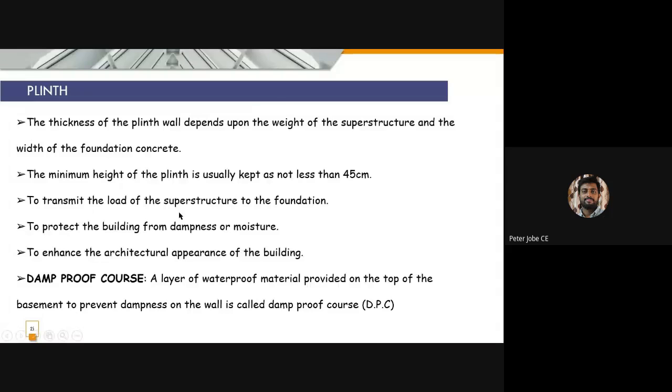The next point is to transmit the load of the superstructure to the foundation. Since it is between the foundation and our superstructure, it helps to transfer the load to the foundation. It protects the building from dampness or moisture. Earlier I said if flooding happens, this will prevent the penetration of water into our walls. Most of our walls will be constructed with brick masonry, and if dampness happens to that, the brick masonry might lose its strength, which will lead to the collapse of the building. So plinth walls will prevent